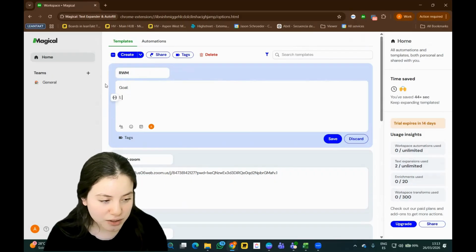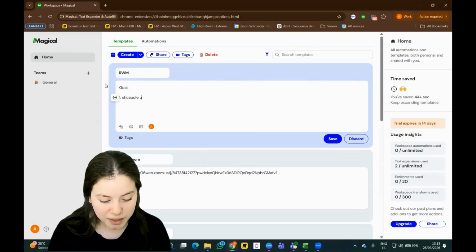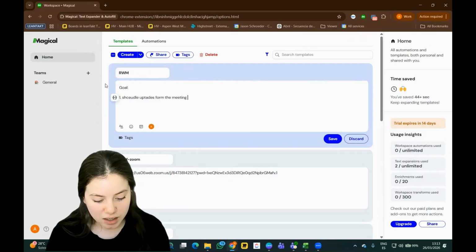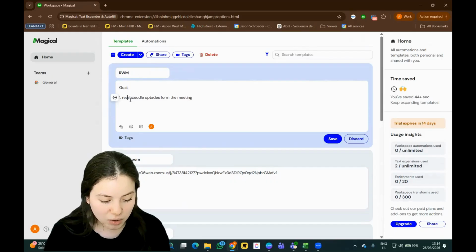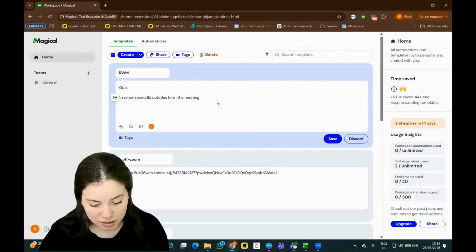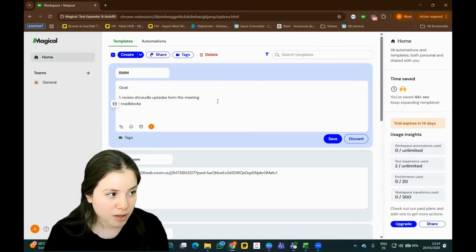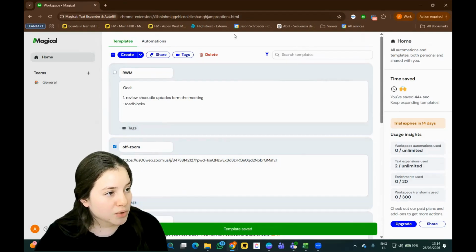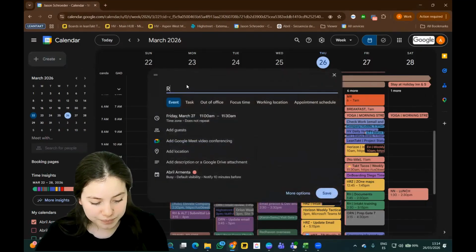So for example, first I want the schedule updates. It's just an example: review the schedule updates from the meeting. This is the goal. The goal is to have, I don't know, 3 roadblocks on that meeting. So I just save it also, and what I'm going to do is, once I create a meeting, for example a review meeting,